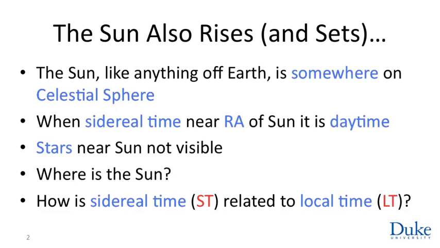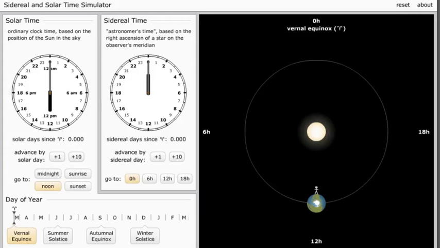And where that is is somewhat interesting, because if you put the Sun somewhere on the celestial sphere, there's a whole section of sidereal time, a whole period of the 24-hour rotation of the Earth, when the sidereal time is close to the right ascension of the Sun, when the stars overhead include the Sun, and we do not do astronomical observations, at least not in visible wavelengths. And so it's somewhat important to figure out where the Sun is, and this will turn out to be at the root of this sidereal time issue. And so let's see how that works. This simulation might help us to explain what's going on.